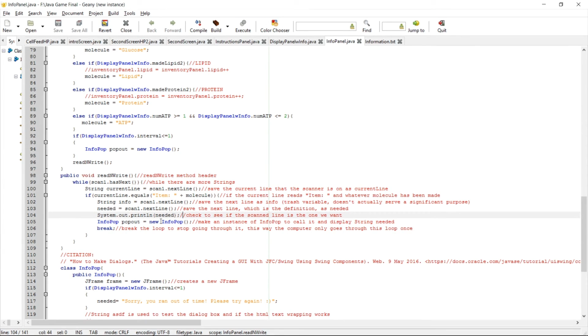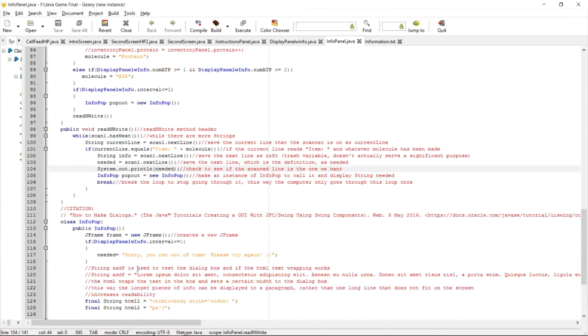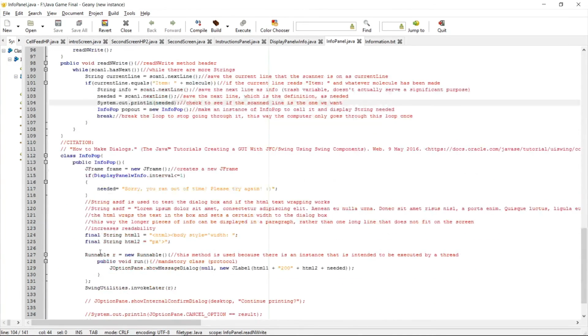Infopop.java is a class that's called from infopanel.java, and it forms a new JFrame called frame. Infopop takes a string called needed from the infopanel class and implements it in the dialog window that pops out whenever the user makes a molecule. In the method runnable, which is right here, there is another method called run, which forms a JOption pane that will display the information